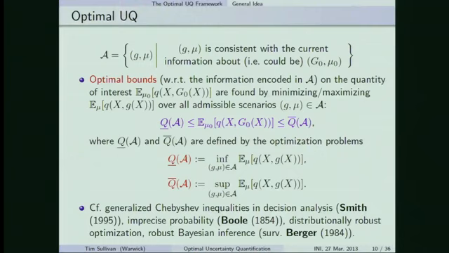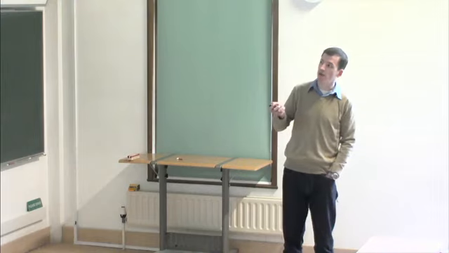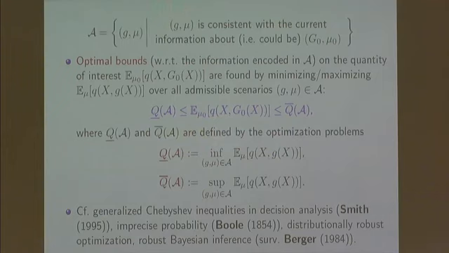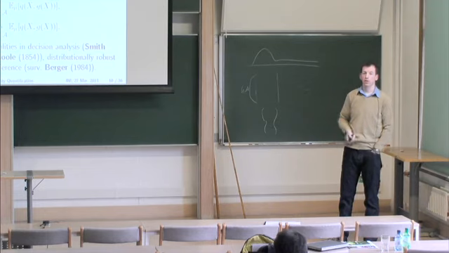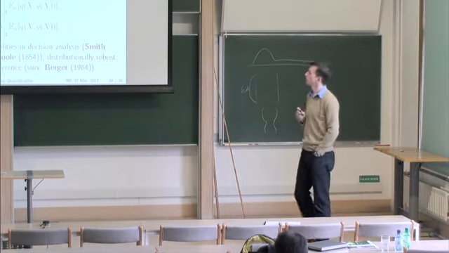So once you do have a feasible set to work with, the mathematicians like myself can get to work, because the best bounds, the optimal bounds, the sharpest bounds you can give on your quantity of interest are just found by maximizing and minimizing this functional of the dummy function g and the dummy probability measure mu. You minimize for the greatest lower bound and maximize for the least upper bound over that class. And that is ipso facto the sharpest inequality that you can give on your output quantity of interest, given the information that you've written down in A. If you want a narrower inequality than that, you must specify more information.